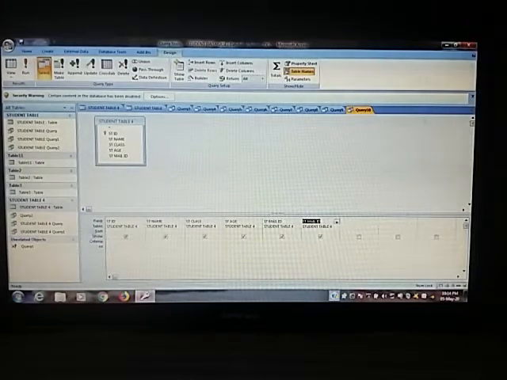This is the part of student table 4, and the table name also displays in your table row. Second is the sort. If you want to sort your query, you can sort in ascending and descending order by the ID, the name, the class or the age. It depends on your requirement. Show means if the check mark is visible, that field will be visible in your table.